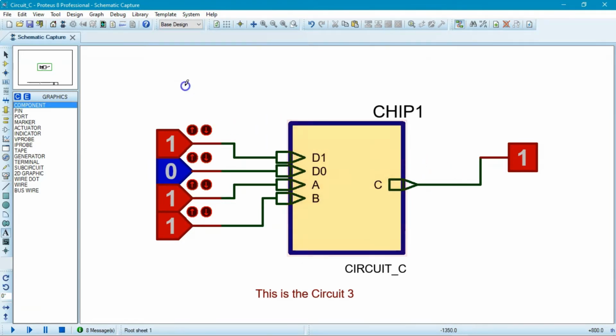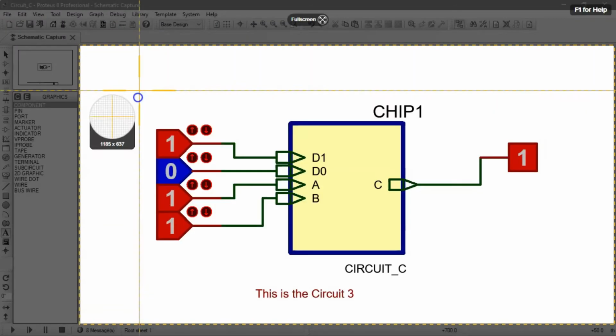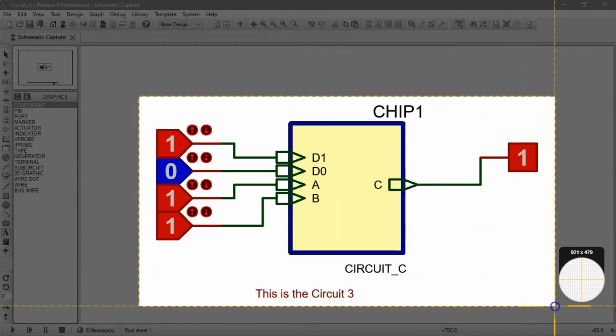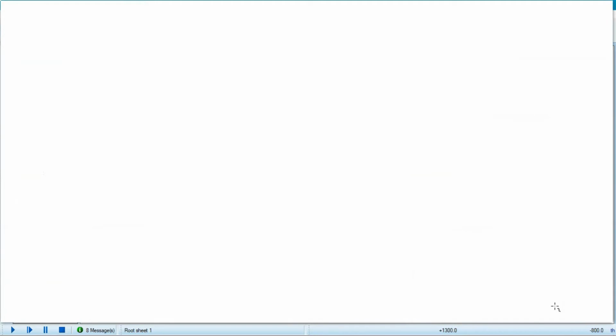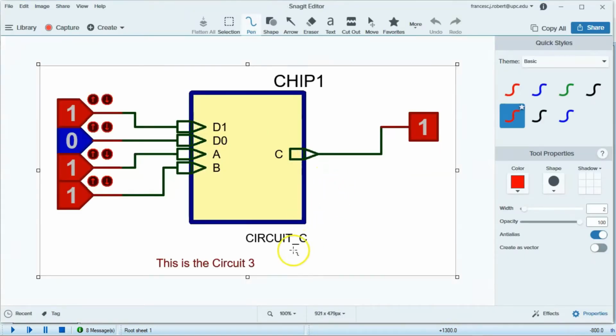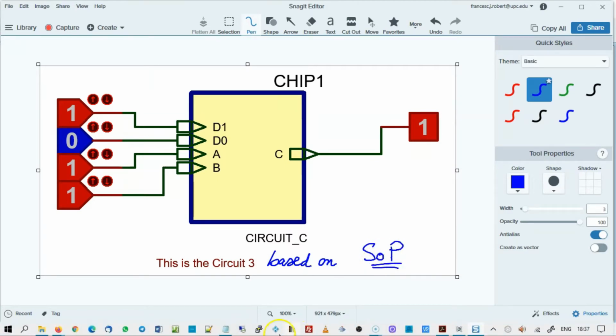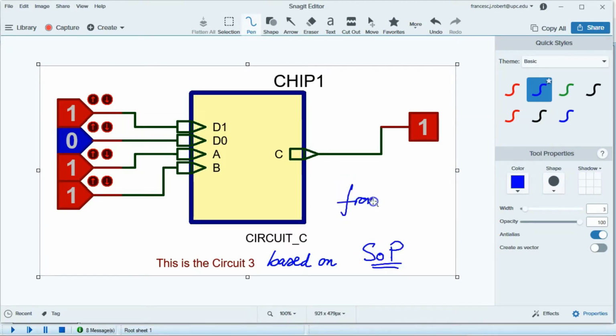If you have to go reporting this, it is better to print the screen with your chip of interest. And now it is the time for explaining that this is the circuit 3, based on sum of products from